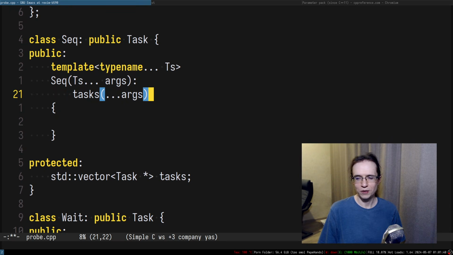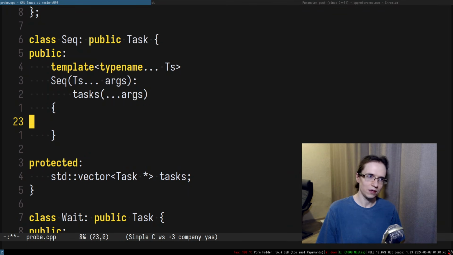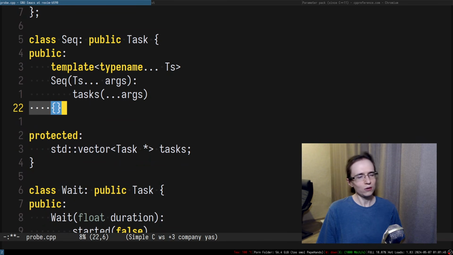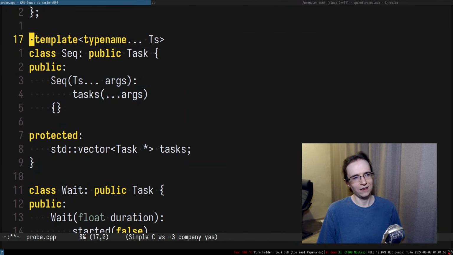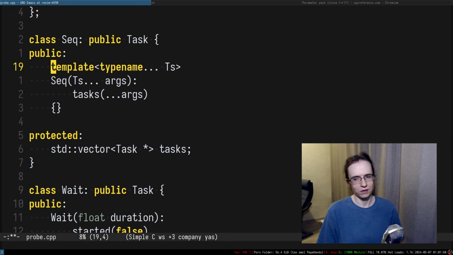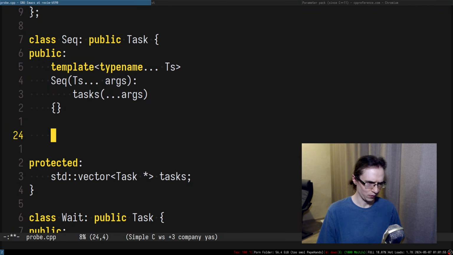So you're constructing from parameter pack, you can use std array instead of vector. I could, but I'm not gonna jump into that yet. And also an interesting question. So do I have to do template on the entire class or just a constructor? So yeah, that's a good question. So virtual